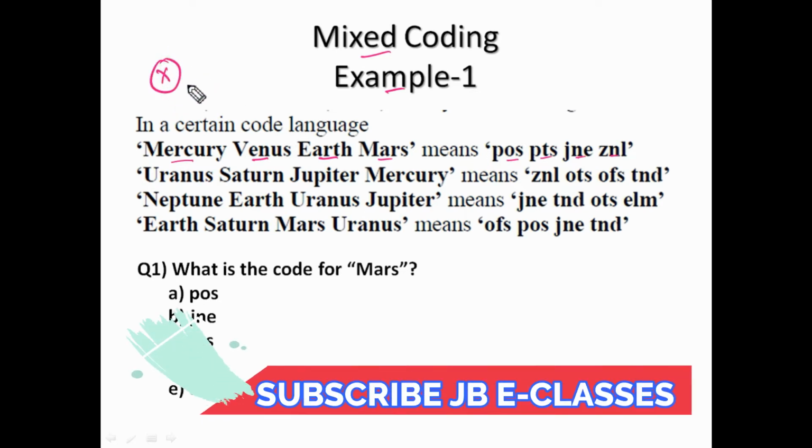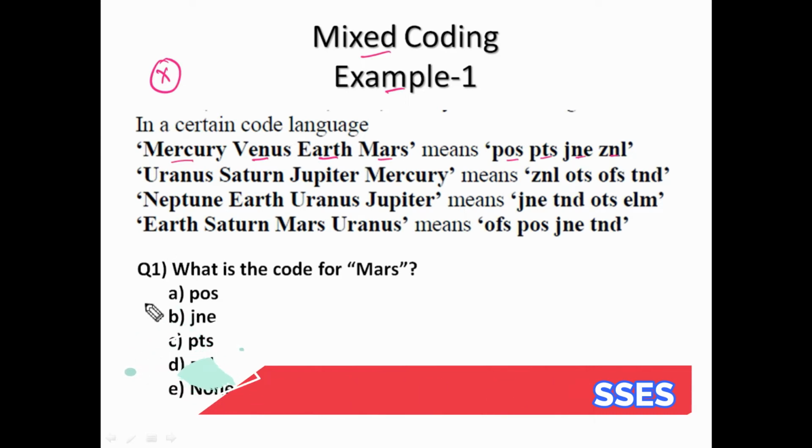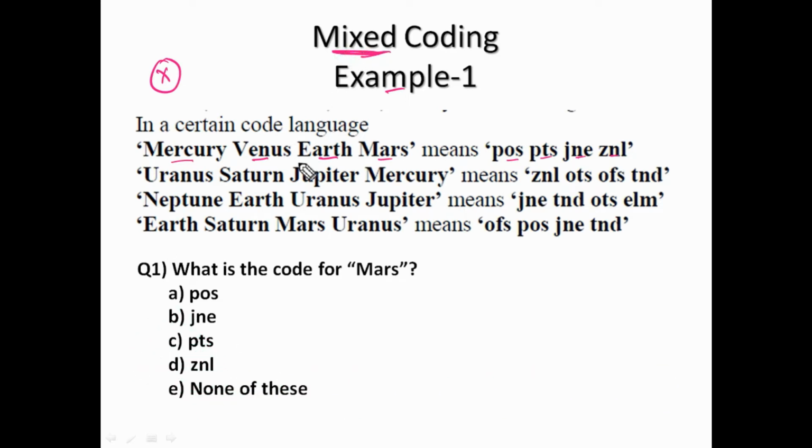So which model? That is as it is coding, but this is not as it is coding, this is mixed coding. All these 4 codes are for these 4 words only, but not in the same order. They are in the mixed order. So if they are not presented in the same order, what is our duty? Here our duty is to find which code for which word.